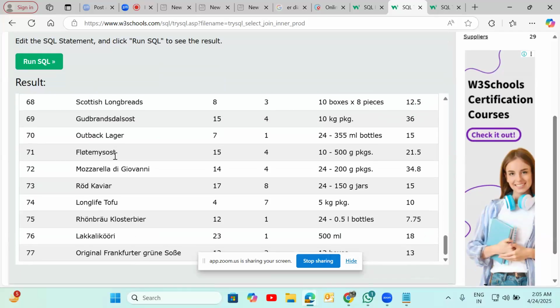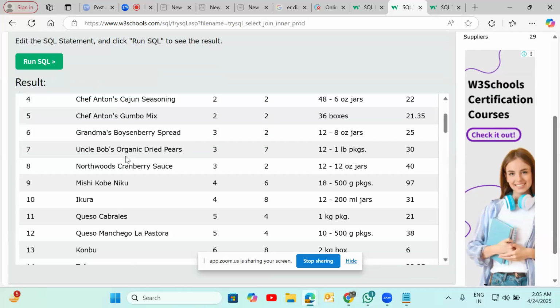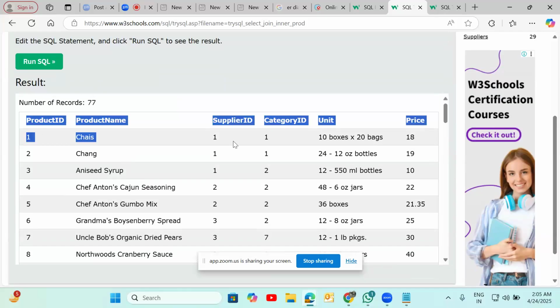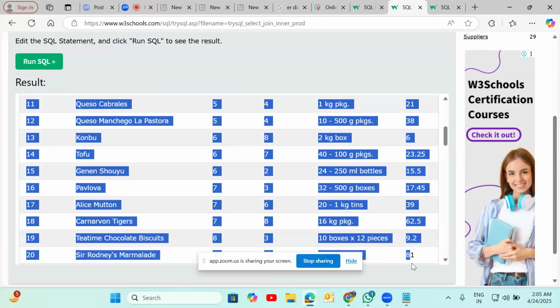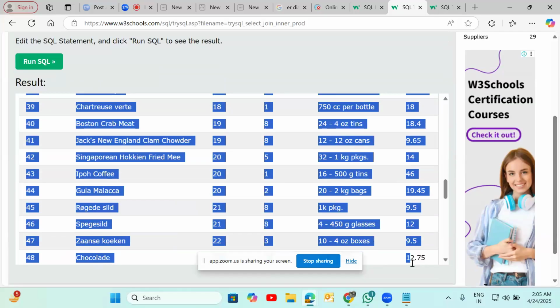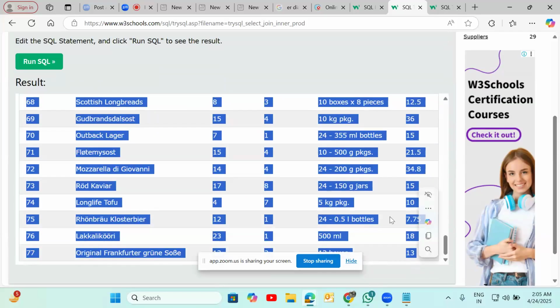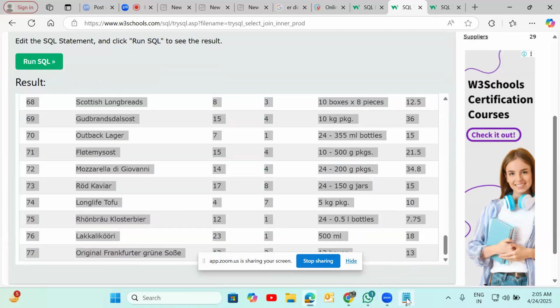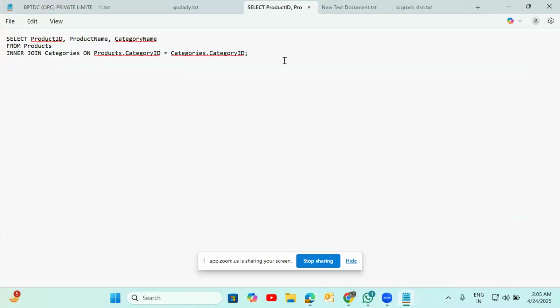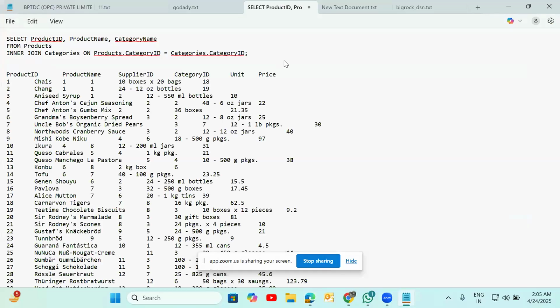Yeah, total 77 records. Okay. First of all, I'm capturing here, better? Okay, easily understand. Okay, 1 2 3, we have the category ID, these things.